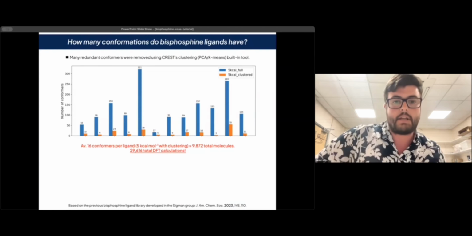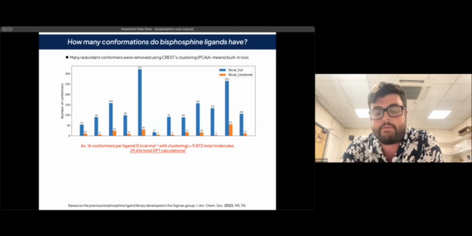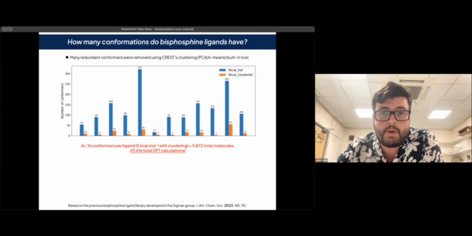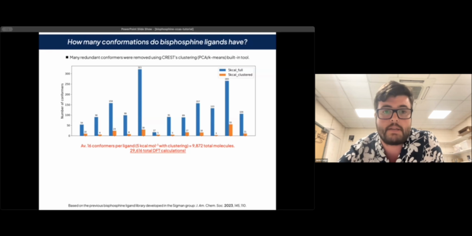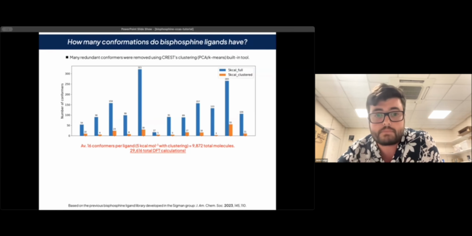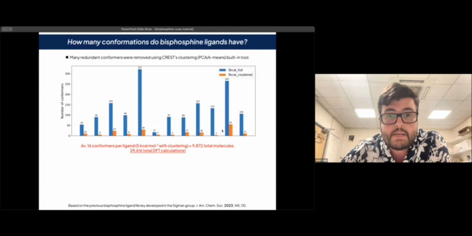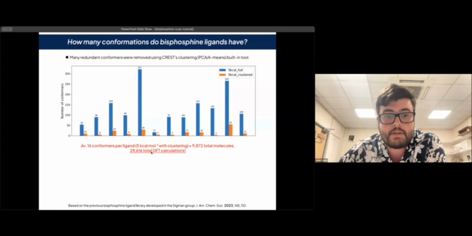So we first pruned this list. It turns out CREST generates quite a lot of redundant conformers. These conformers basically have similar or the same structure. So we pruned this down using the clustering tool within CREST. This essentially does a principal component analysis with k-means clustering based on the ligand bite angles. And so you can basically pick the ones which have different structures according to their dihedral angles. This does lower the number of conformers down, and so we now have an average of 16 conformers per ligand and close to 30,000 total DFT